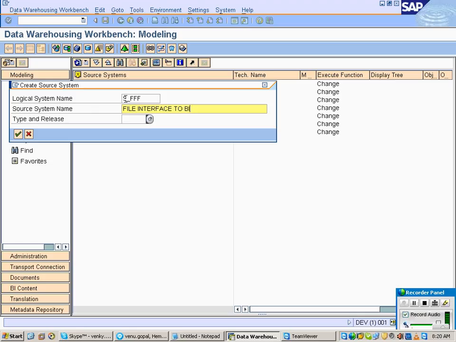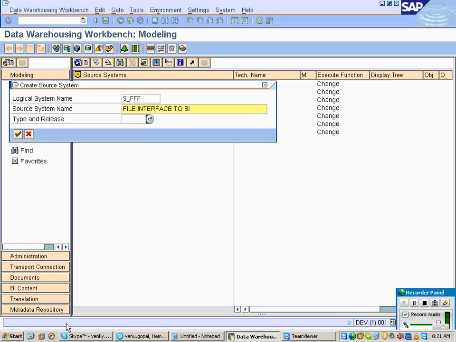interface to BI. So creating a flat file interface is very easy because the source is not any system or something. But if you want to connect to the R3 system, suppose BI and R3, when you want to create a connection between BI and R3, what do you have to do? You have to specify the parameters of the BI system in the R3 system and the parameters of the R3 system in the BI system. That will be known only by the basis consultants. Okay? Right. So now give some name and description and you have to click on